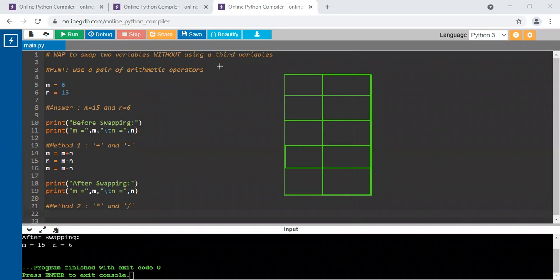We have created a new fresh memory table. We'll store the values along with the variable's name, m and n. M is 6, n is 15.